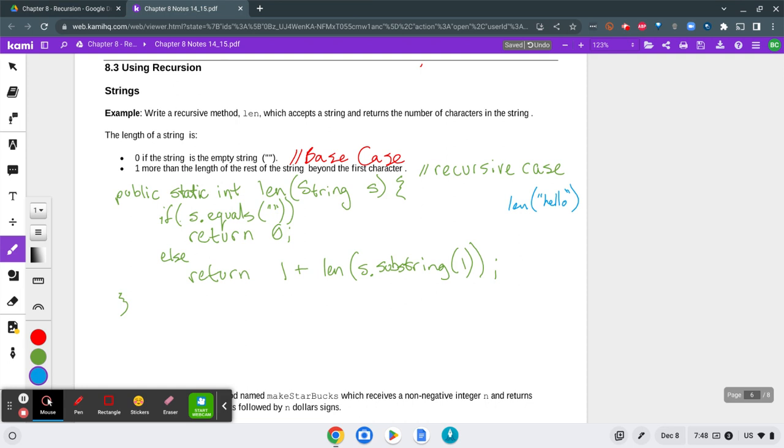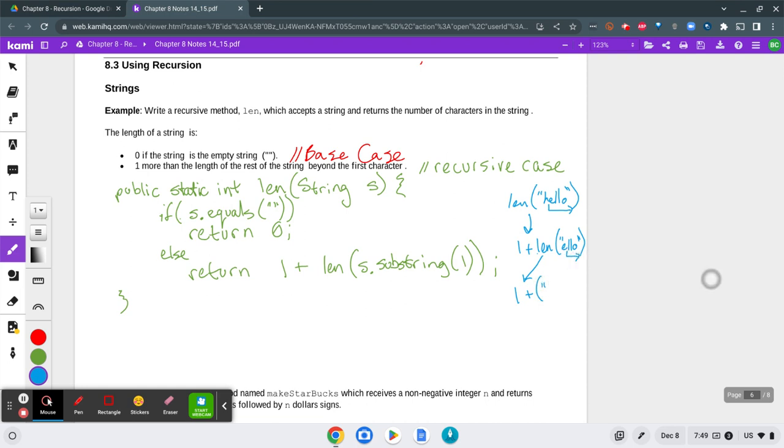Length of the word hello would return 1 plus length of from index 1 on, so ELLO, which would then return 1 plus, and I'm going to take the substring from character at index 1 to the end, so now I have LLO. And we need to call the len function. It's the length of LLO,